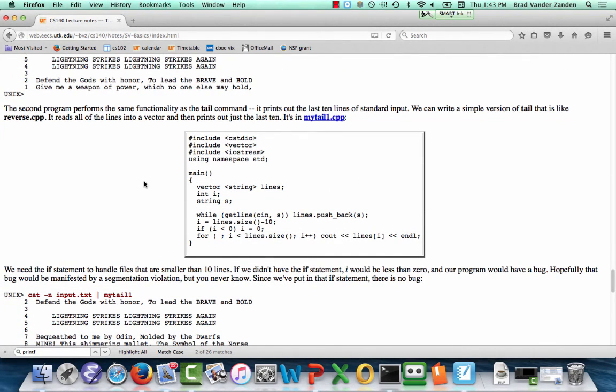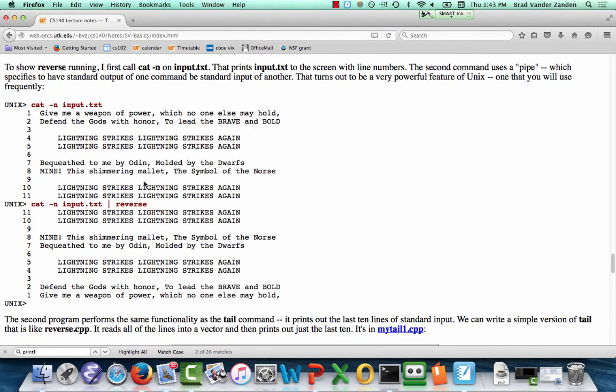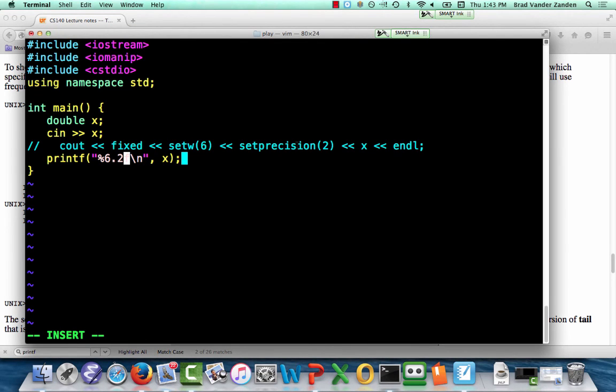So if you remember, a vector is like an array, but it can store an arbitrary number of elements, and you use the push_back command in order to add elements to a vector. So I have a program that I want to write called tail, which is going to print out the last n lines of a file. So it's a Unix command,